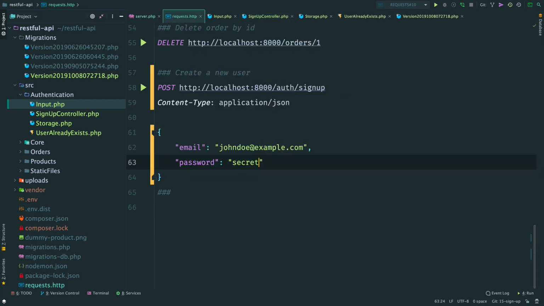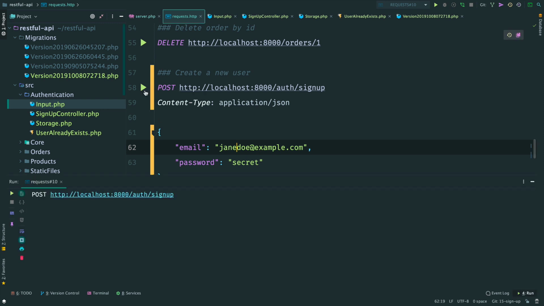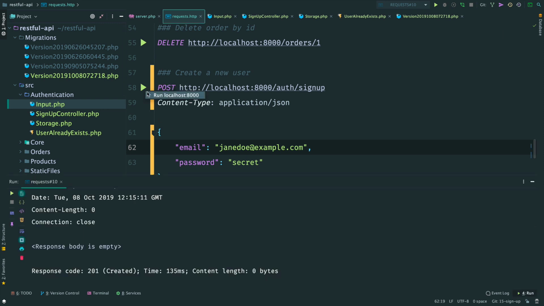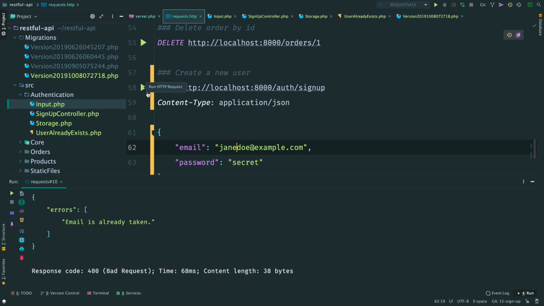Create a new user with a new email. It works. Now send the same request one more time. And yes, this email is already taken. And try to send a request with some random string, which is not a valid email address. We again receive a bad request. Our sign up endpoint works well. Now the next step, of course, is to sign users in and create a token.